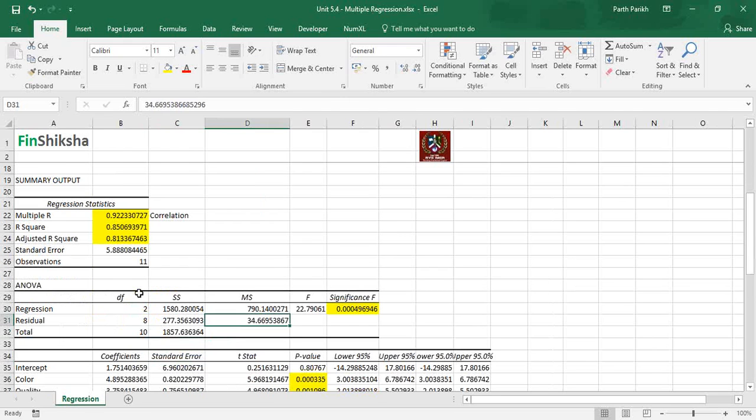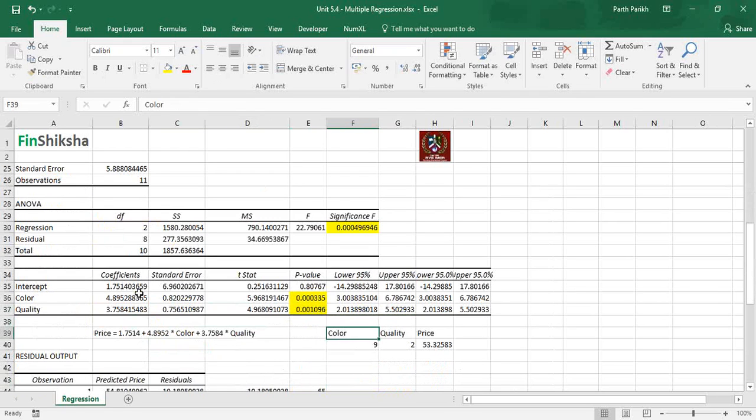Then we have to look at the significance F. The value should be less than 0.05. Again, this is a p-value. If it's more than 0.05, then we probably need to eliminate that particular independent variable and run the regression again. Mark my words: if this color p-value was 0.78, then I have to remove color from the regression and run the regression again with the rest of the variables, because this means that color is by chance. It's not a good indicator, or the price is not affected too much by the color value. So that's why we can ignore that particular value.